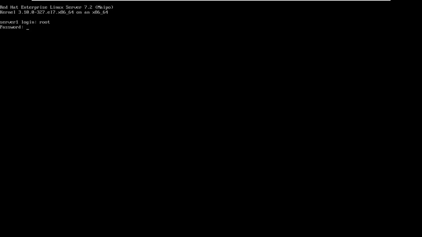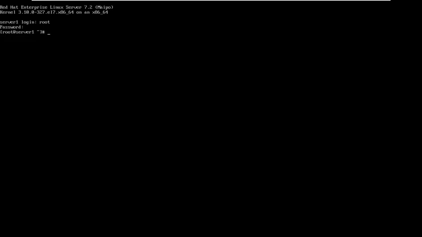Now you see it is not showing the password, not even star star star, because of security. If it showed stars, then someone sitting around you could guess the number of characters, like whether your password is 4 characters or 5 characters. Even if they cannot see the characters, they can guess, okay, 4 characters, that means it could be this, 5 characters, that means it could be this. That is why it does not show any star values, but the password is typed.